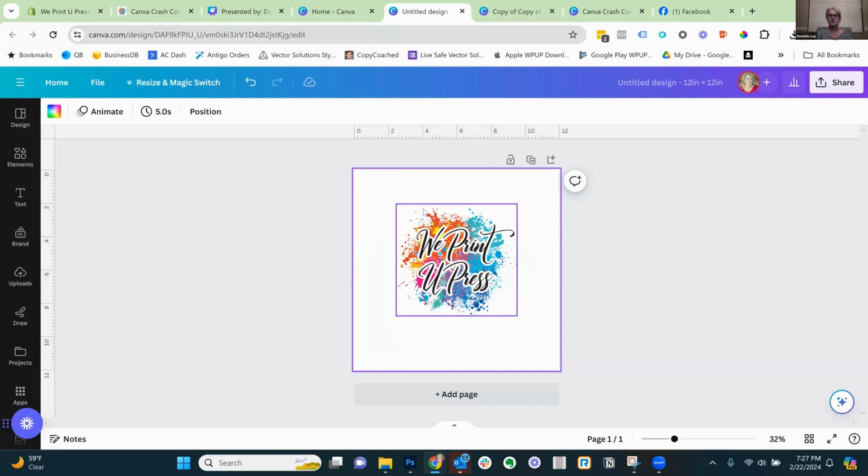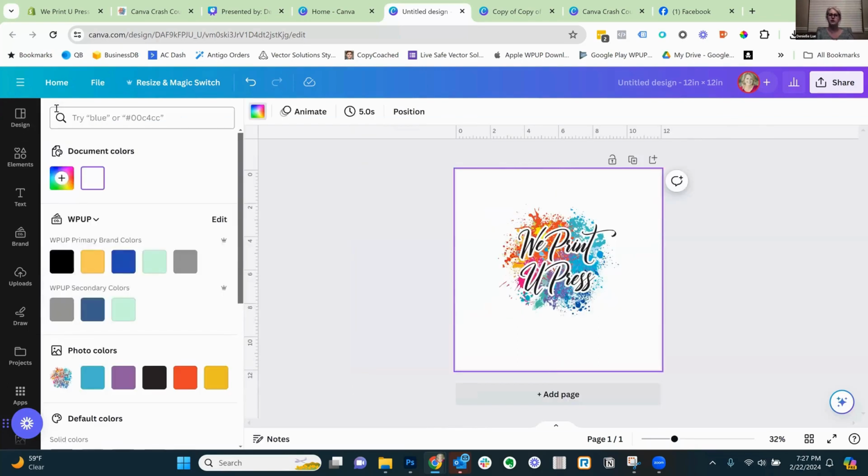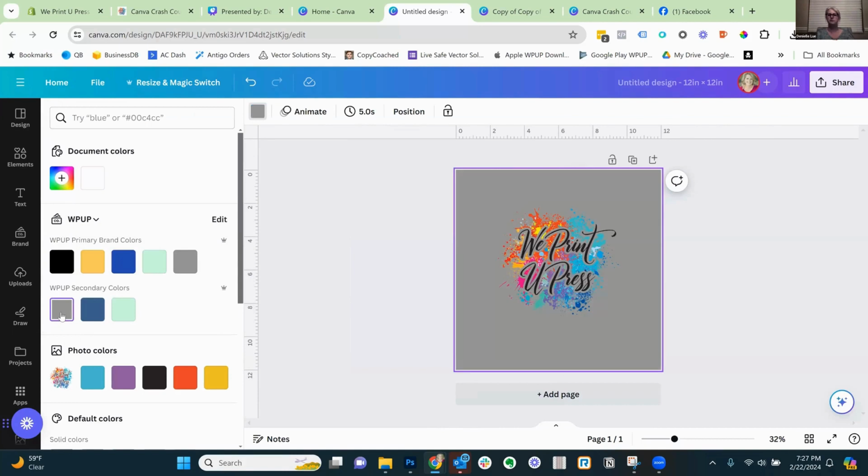So what I always like to do is change the background color to some random color that is not present anywhere in my design. This is a pretty colorful design, so I am going to change my background to, let's just make it gray, okay? So now that I've made that background gray, you can see there is no white that is going to print in this image. If I want to have a white outline printing around the black "We Print, You Press,"